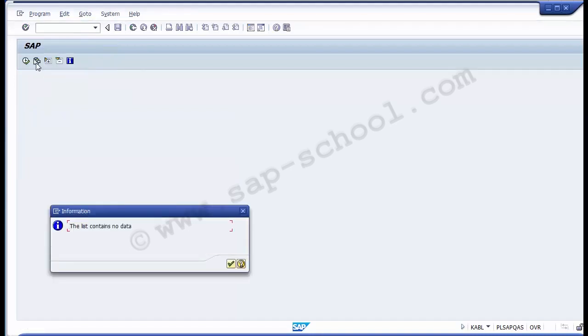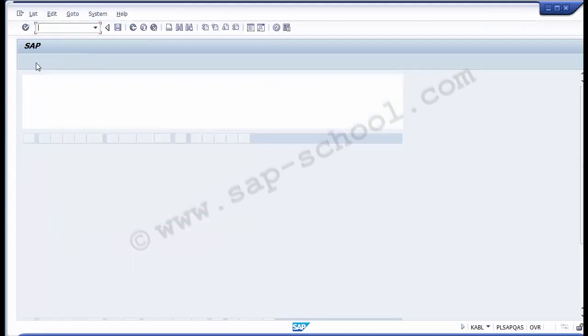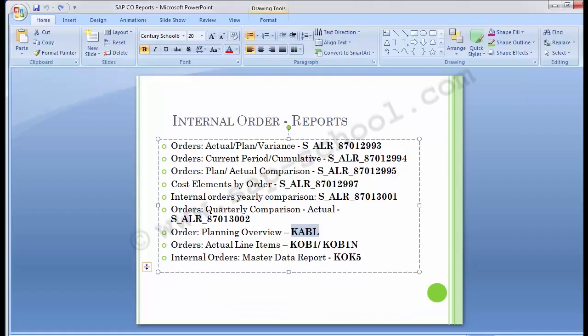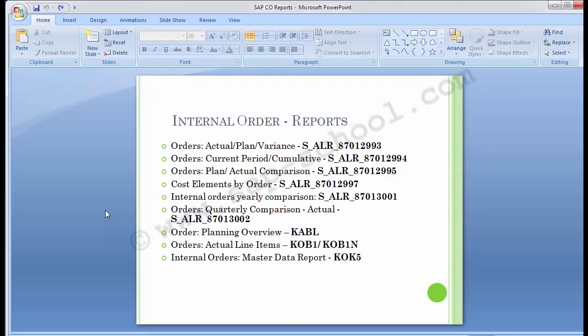So executing, now it contains no data at all. That means there is no planning data as of now, as you can see over here. So if you want to have a look at the different planning values of the internal order, you can go with KABL. And if you want to assign any planning value to an internal order, in that case you need